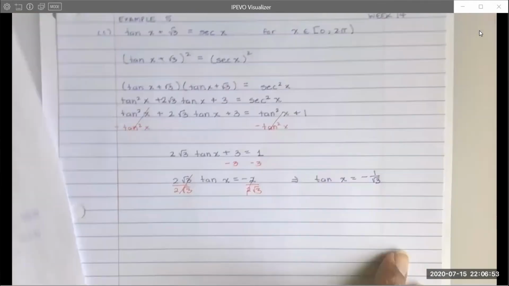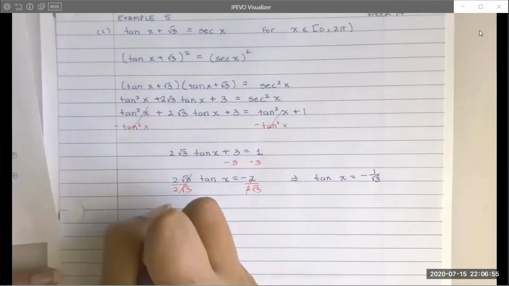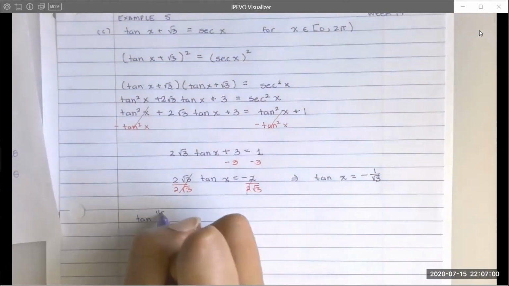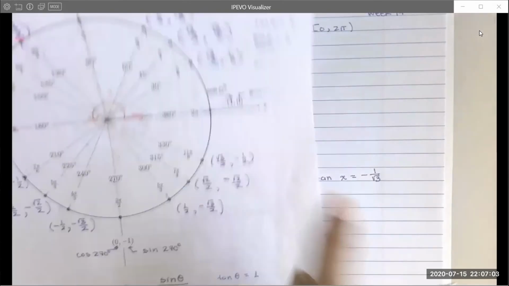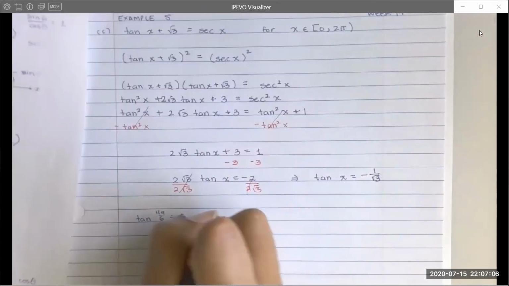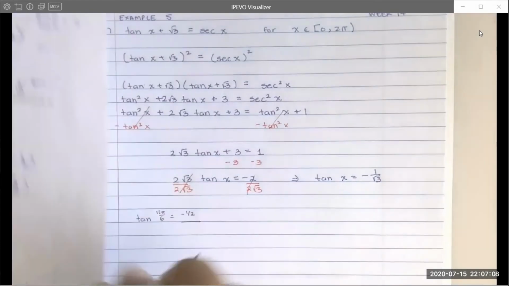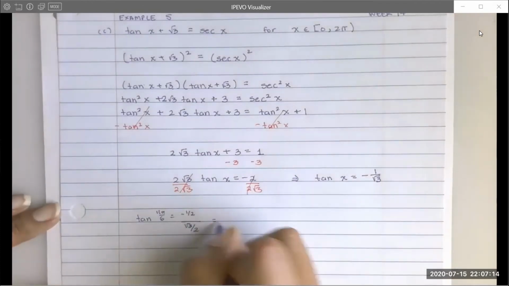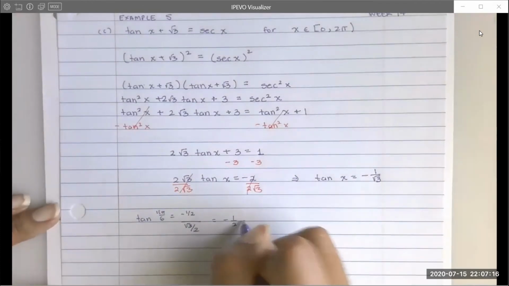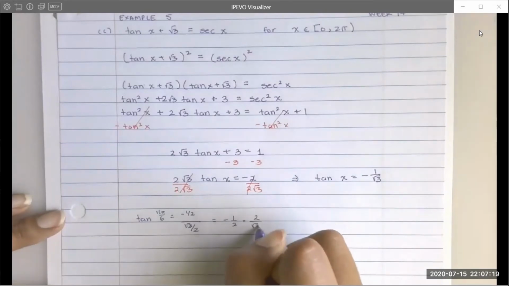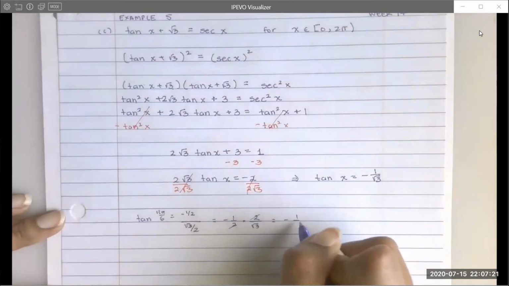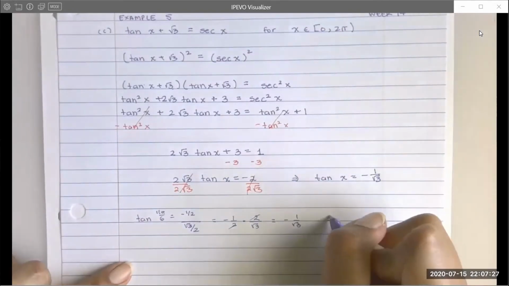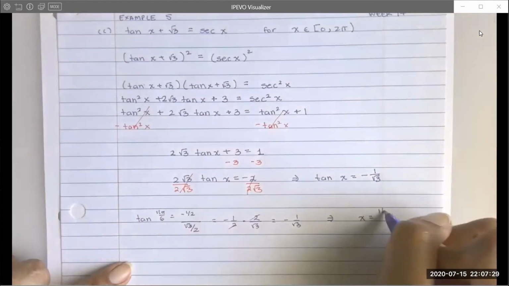Let me go ahead and double check which one actually works. So if we try tan of 11 pi over 6, that is going to be sine over cosine. So it would be negative 1/2 over radical 3 over 2. Okay, so that is the same thing as negative 1/2 times 2 over radical 3. These would cancel, and we'd end up with negative 1 over radical 3. Okay, so 11 pi over 6 works. So x is equal to 11 pi over 6